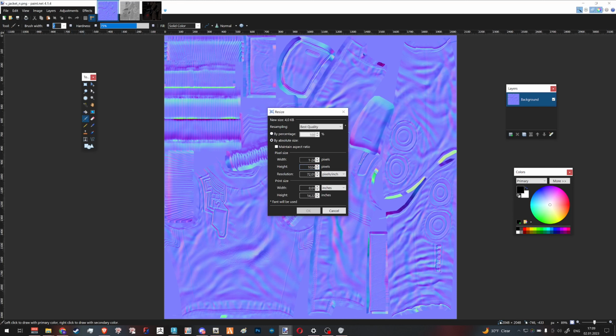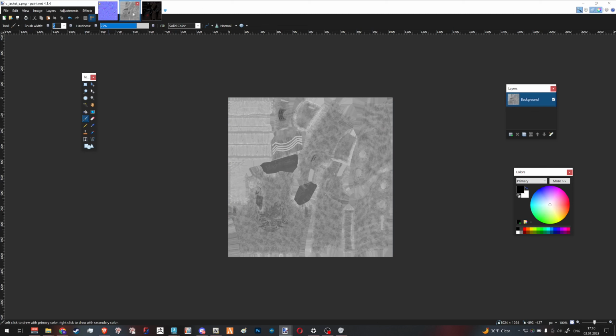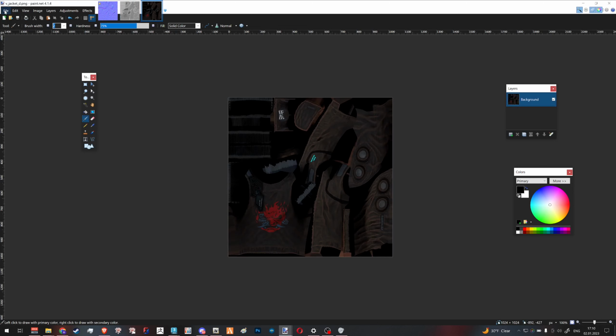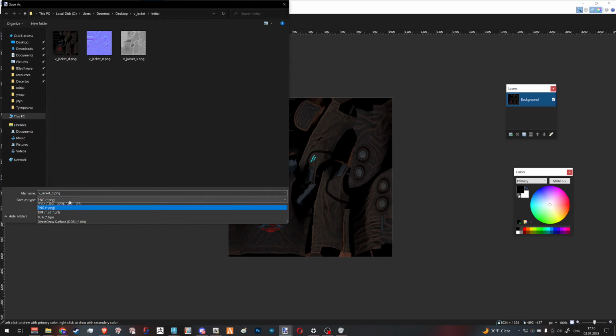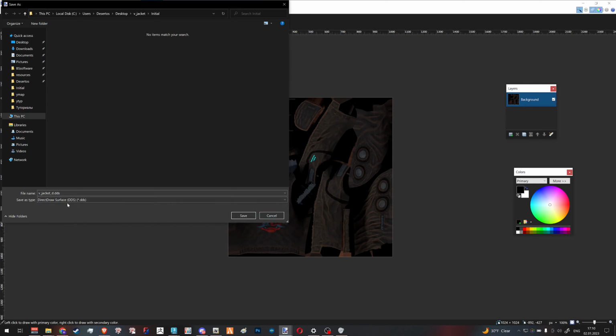Also, it has to be in the power of 2. Keep that in mind. So 1024, 512, 256, power of 2 textures. We save them all, but we should save them not as PNG but DDS. So we click Save As. Instead of PNG, you save it as DDS. If you don't have that option, you have to download